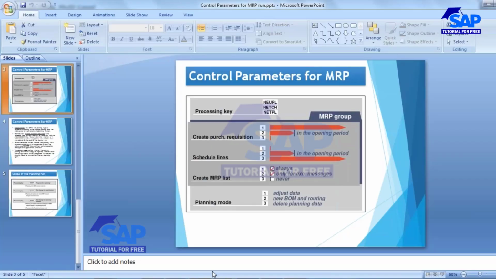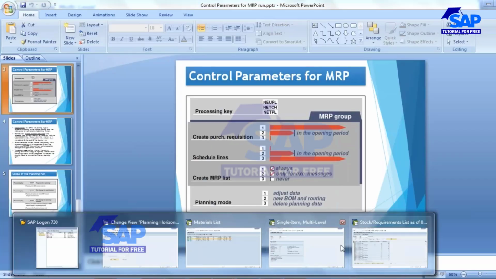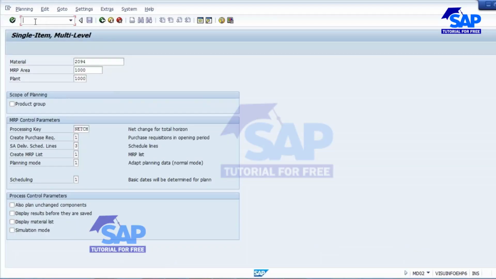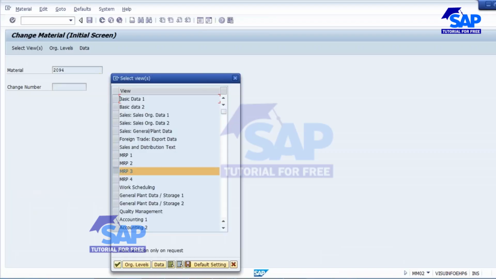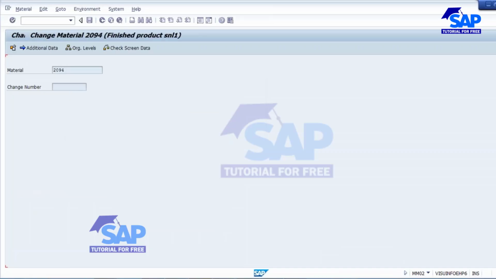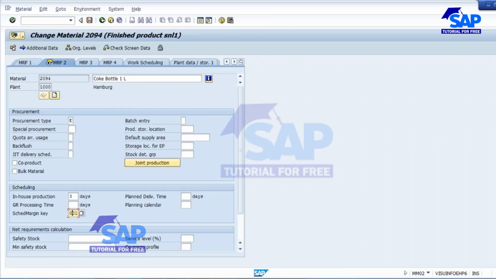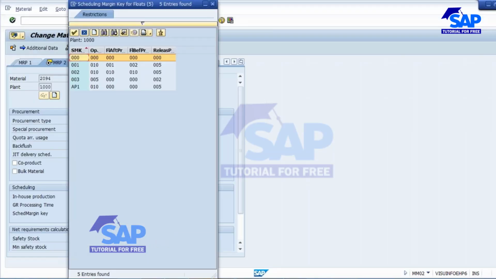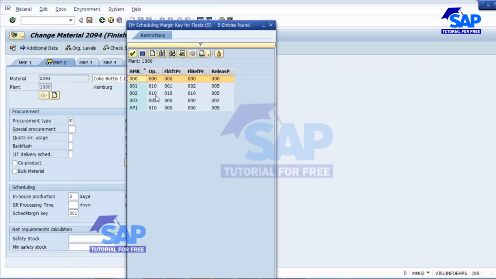Okay, so that opening period will be there in the scheduling margin key. So if you go to MM02, there will be a scheduling margin key. Are you able to see scheduling margin key? The scheduling margin key we will be discussing in detail when we go to scheduling, but here there is an opening period maintained. Are you able to see opening period? This opening period is again in days. So within that opening period it will be generating the